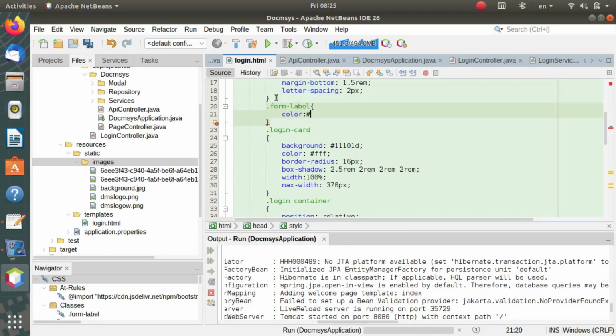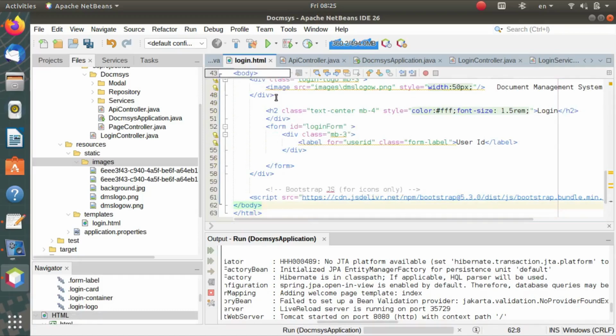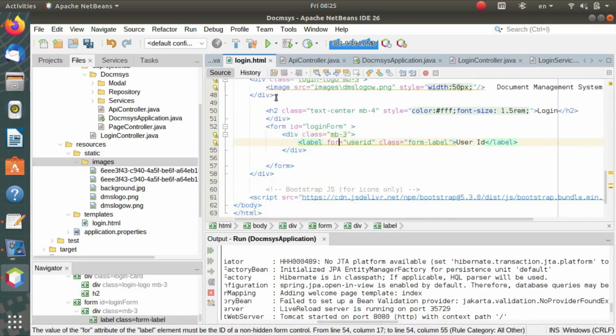I use the hash. This is my label color. Our label is defined, and after that